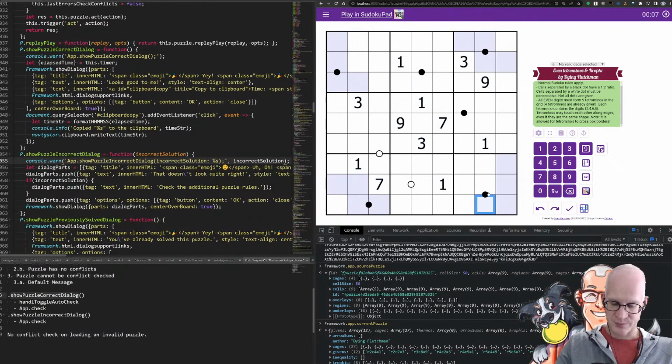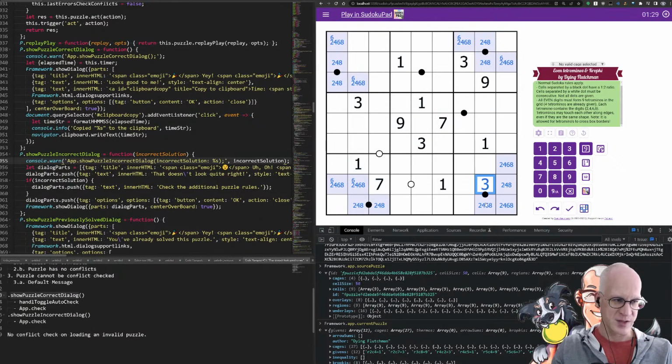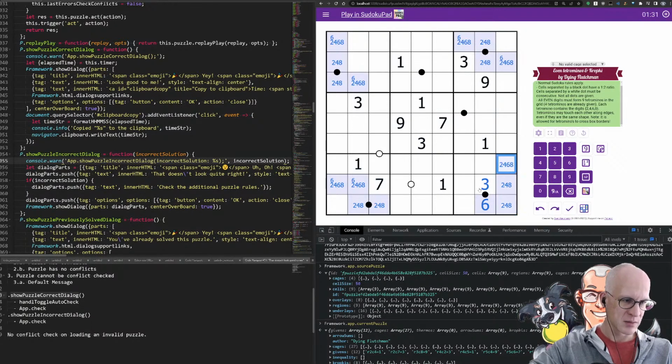Oh, I'm an idiot. That's a 6, right? All right, I'm an idiot. Wait, can I undo? Yes. Okay. I always remove the 6 because I assume the other one can't be a 3, but of course in this case it can and it must.